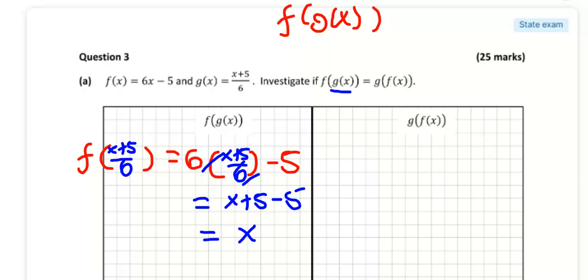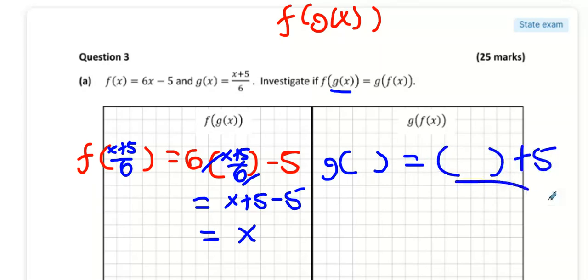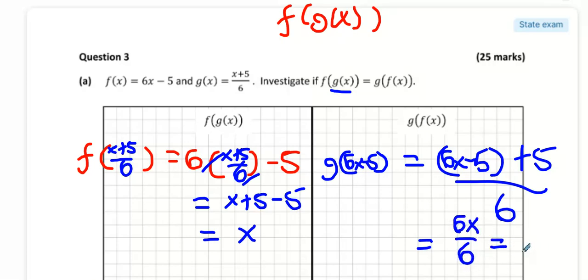This time what are we doing? We're doing the g function, which is what? Yeah, so blank plus 5 all over 6. And then I put 6x minus 5 in here, don't I? These composite functions are simple as. Minus 5 plus 5 cancels. 6x over 6. The fact that we got the same answer both times means that it was probably an inverse